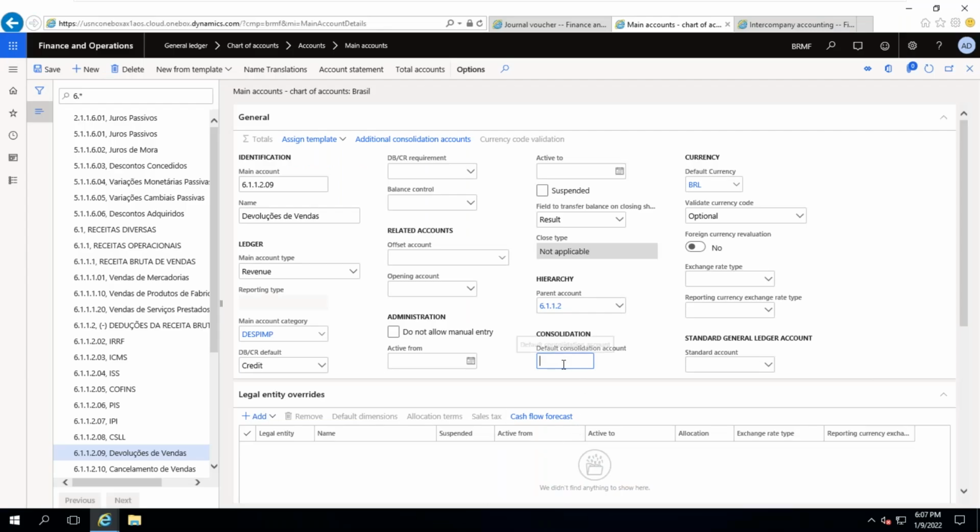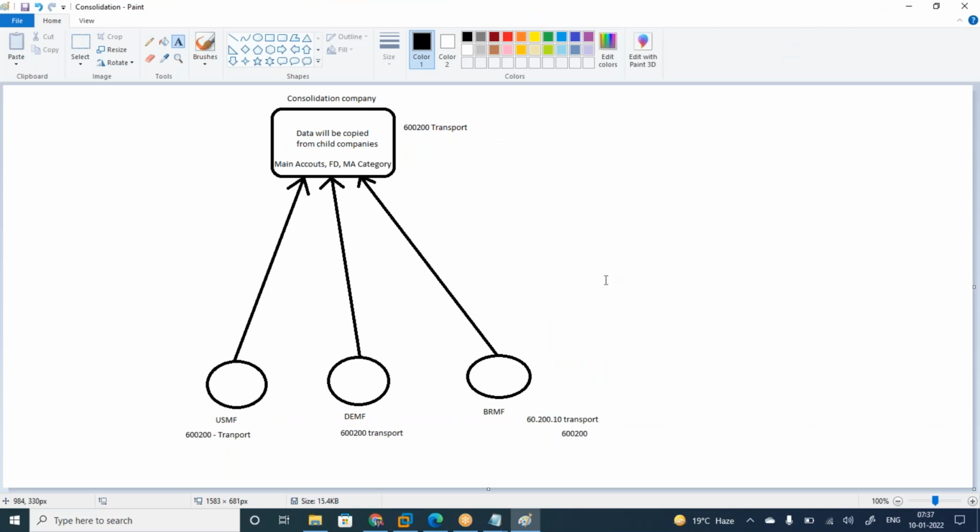Yes, only one time. But initially when we are doing the setup, the nature of the charts of accounts or the account descriptions may not be the same for all three company codes. So you need to tell the relevant information, whatever the chart of account name. You need to merge it.